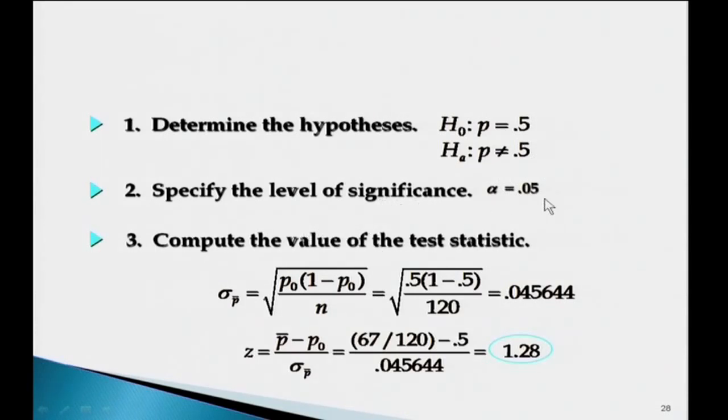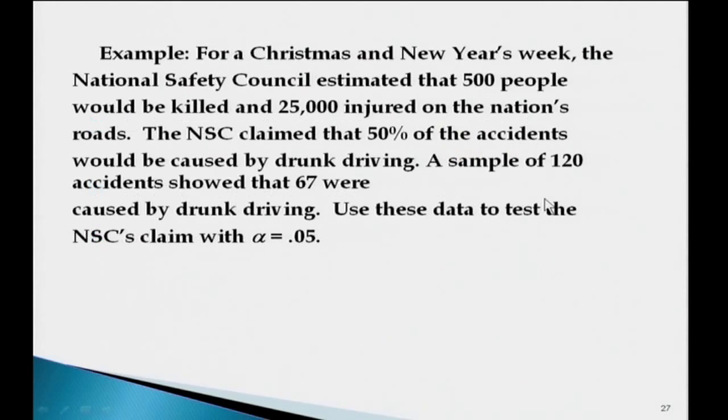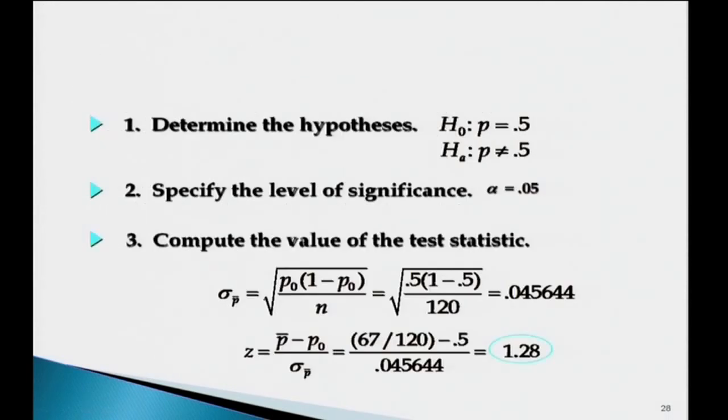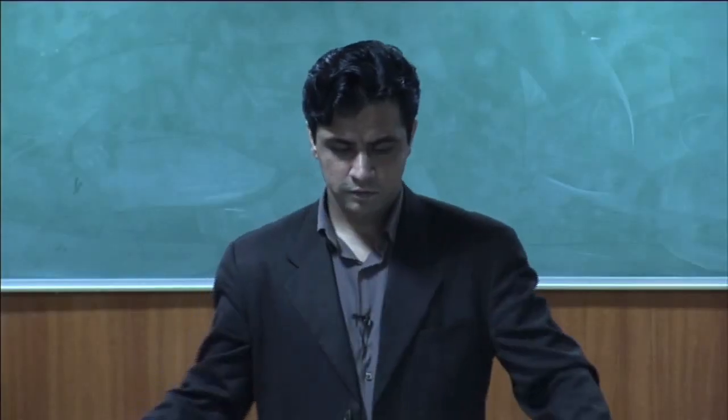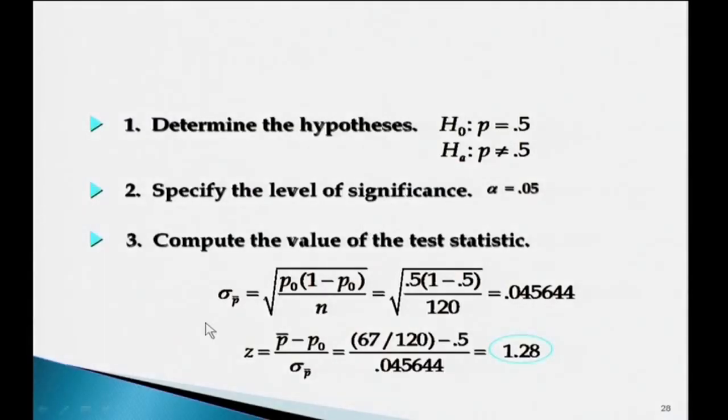Specify the level of significance. Is it given here? Yeah, it is very much given. It is 5%. So, you take that as it is. Then, like in the Z test for a single mean, we will calculate the test statistic here. Before that we have a standard error, sigma p, square root of p into 1 minus p0 by n. So, this is our standard error; use that standard error to calculate Z cal. Z cal comes out to be 1.28, right.